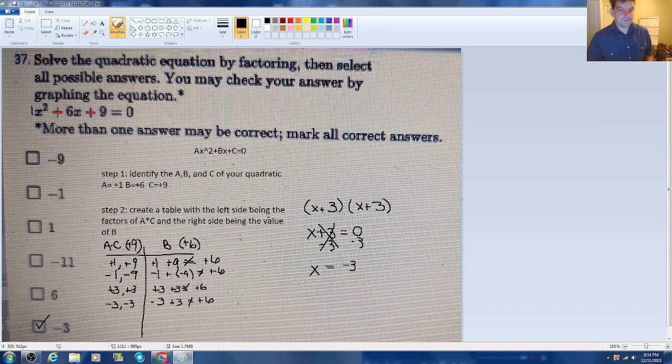But what I wanted to also talk about with this question is, as I mentioned, this has a very special type of factoring method that you can use. This is what is known as a perfect square trinomial, and its general formula is it's going to be a squared plus 2ab